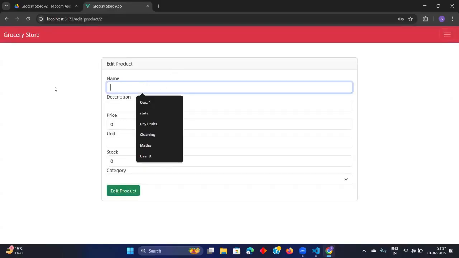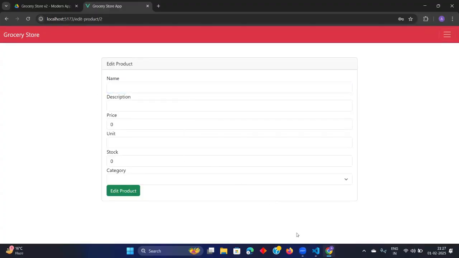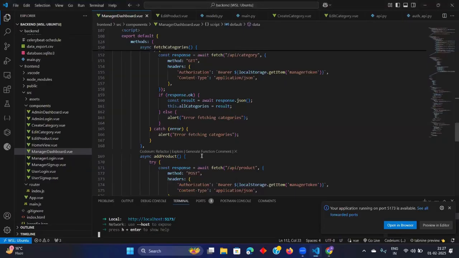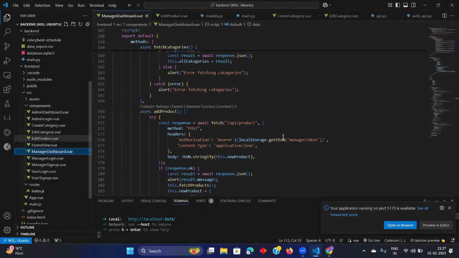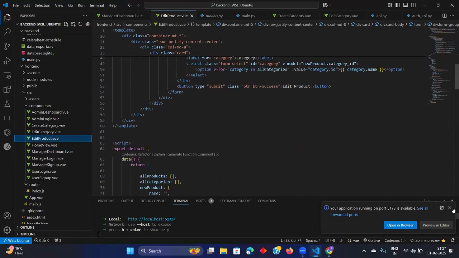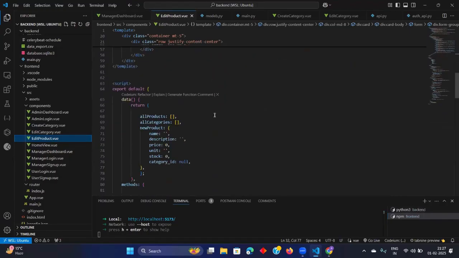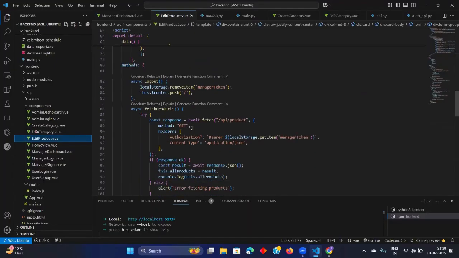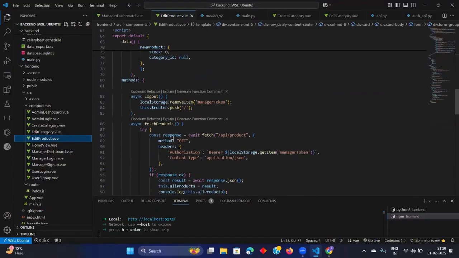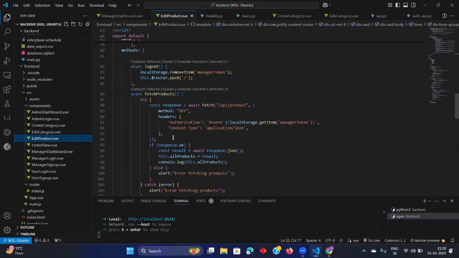Now, if we want to get these details in our next page, what we can do is add this. Go to the edit product page. Okay, and now we will add filter, or we can say find using this thing. So how to use find here is by doing our work of, let's say, where we fetch products is there, then